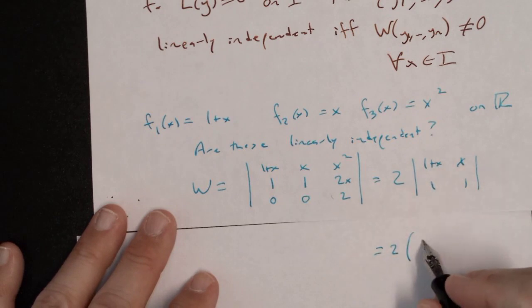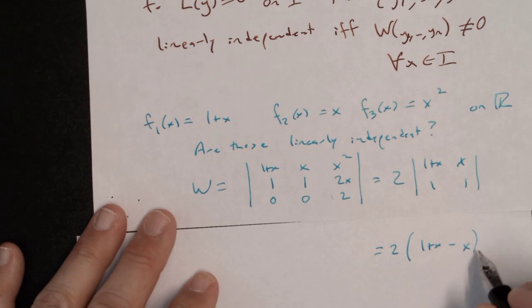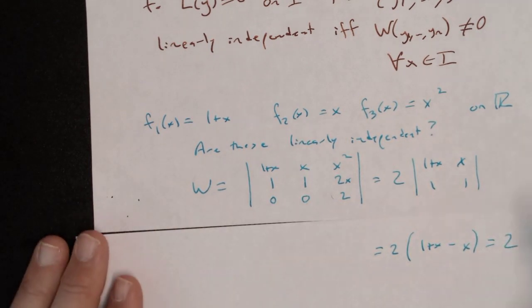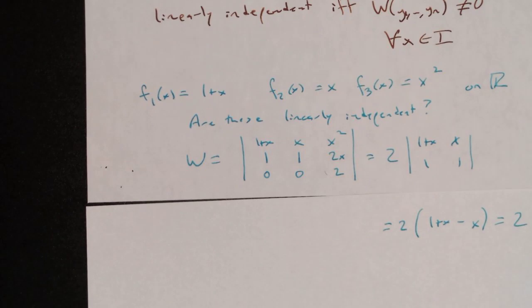Equals 2 times 1 plus x minus x, which is just 2. But you also could have actually plugged in an x value, any x value, and then done the determinant. Which, by the way, no matter what x value you put in, you're going to get 2, right? Because this determinant, when I'm finished, doesn't depend on x in the slightest. On the other hand,